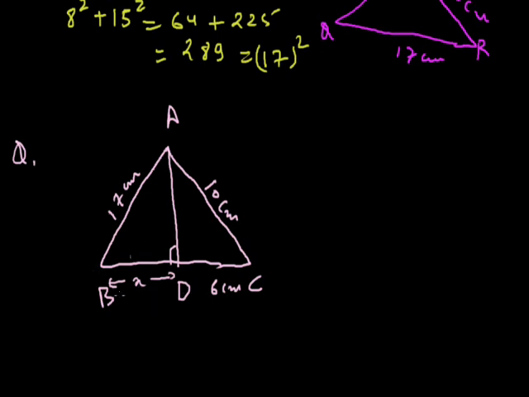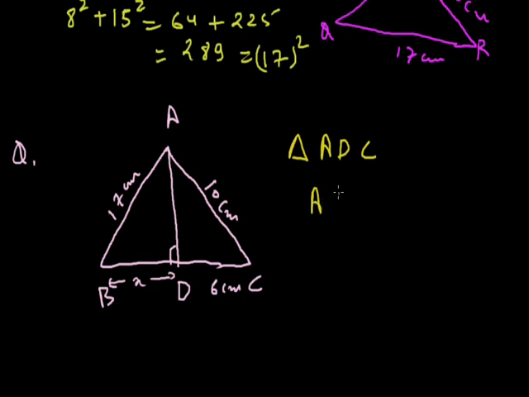Now here ABC is not a right angle triangle, but I can see that ADB is a right angle triangle and ADC is a right angle triangle, and if I apply the Pythagoras theorem in ABD, then I should have the value of AD and AB so that I can calculate the value of BD. But I am not having the value of AD, so I can apply the Pythagoras theorem in the next right angle triangle, that is ADC, so that I can find the value of AD, since I know the two sides of this triangle, that is AC and DC. So let us apply Pythagoras theorem in triangle ADC.